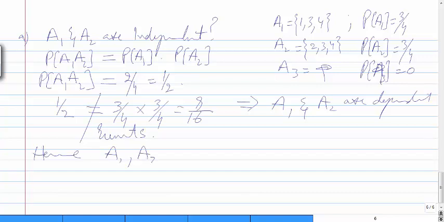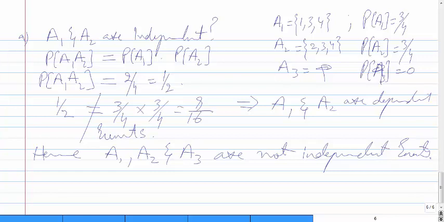Hence A1, A2 and A3 are not independent events. Okay. So this is the way you just check it and you identify whether they are independent or not. Now if we look at the definition, what about if there are 4 events? For that case we have a definition here, definition 1.9, that gives us the generalized independence definition,